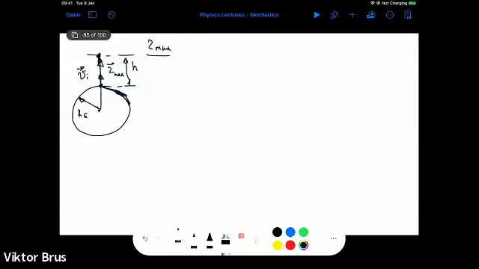So we can start from considering the conservation of total mechanical energy. And this will look the following. What do we have initially? We have kinetic energy because we have initial velocity. It will be 1 over 2 m v initial squared, where this projectile has some mass m, minus the potential energy it has on the surface of the Earth because of the gravitational field. So this will be the gravitational constant, mass of the Earth times mass of the projectile divided by radius of the Earth, because initially it's on the surface of the Earth. So this is equal